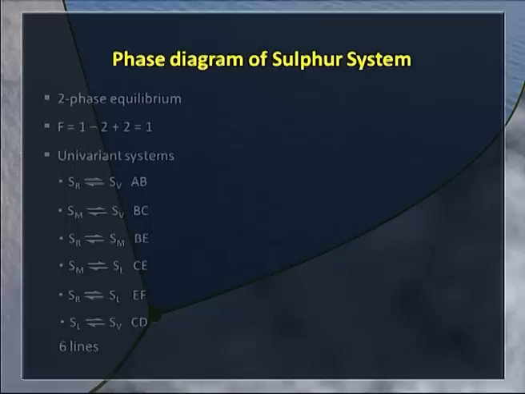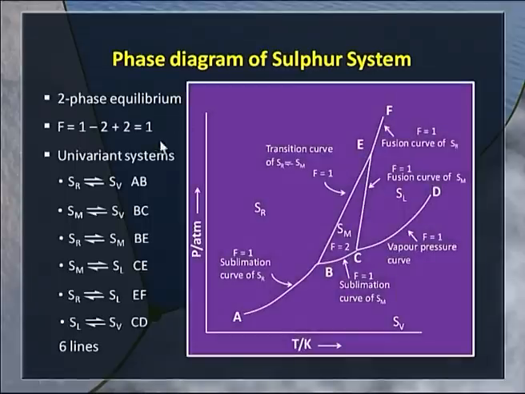Two phase equilibria, if you look at it, the system is univariant. You have 1, 2, 3, 4, 5, 6 lines. You can identify that in the phase diagram. AB is the sublimation curve of rhombic sulfur, BC is the sublimation curve of monoclinic sulfur, and curve BE is